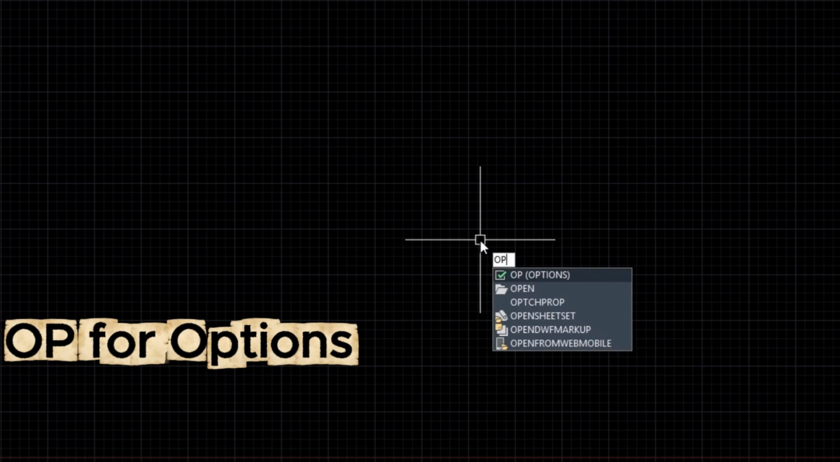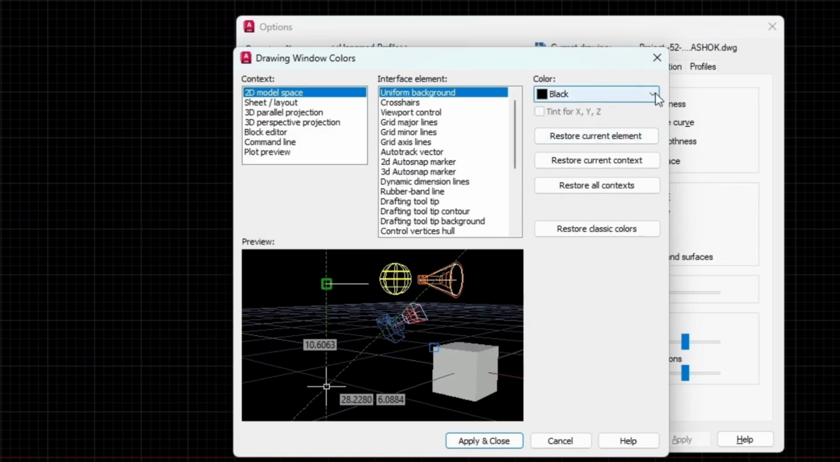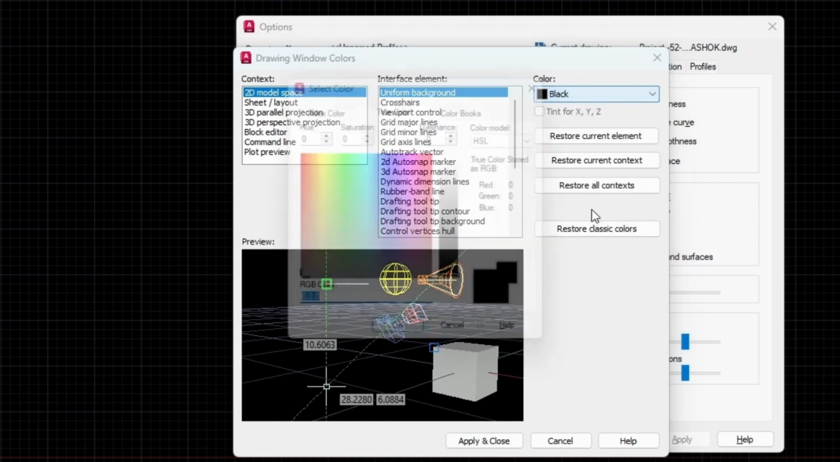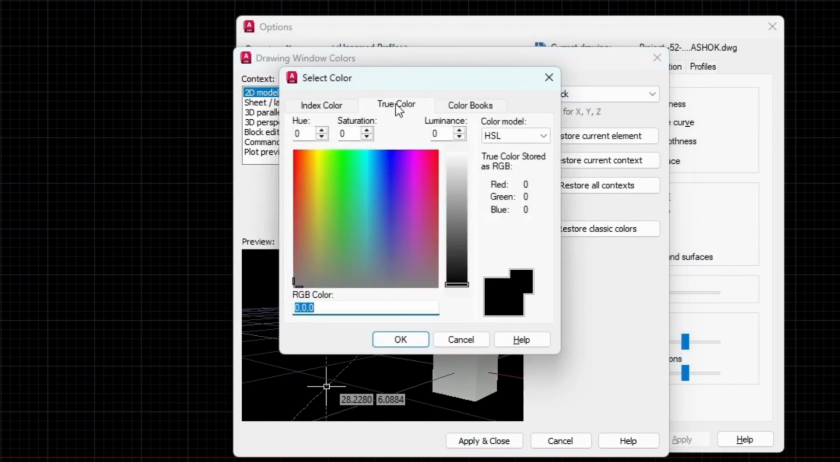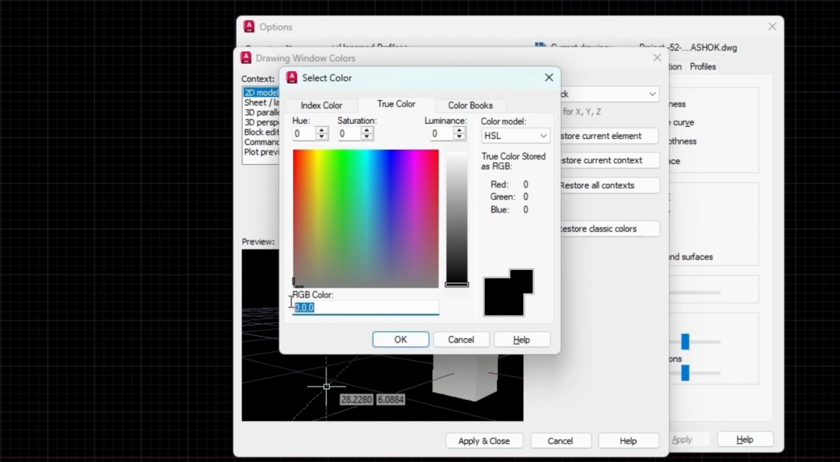Again, I will type OP and press enter to open the options menu. Instead of black color, click display, colors. I will select the selected color and go true color. Here is the RGB color. RGB means red, green, blue. I have a code for charcoal